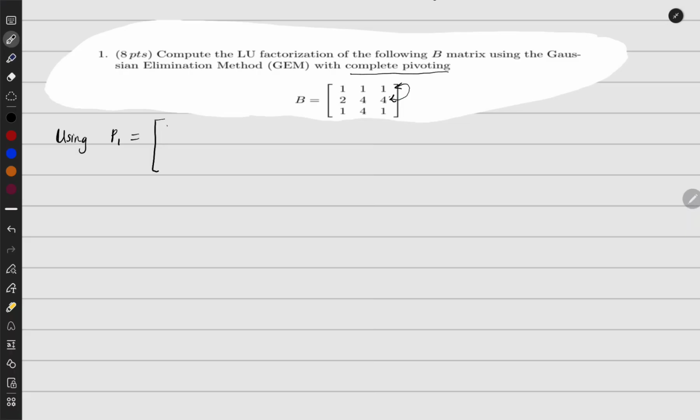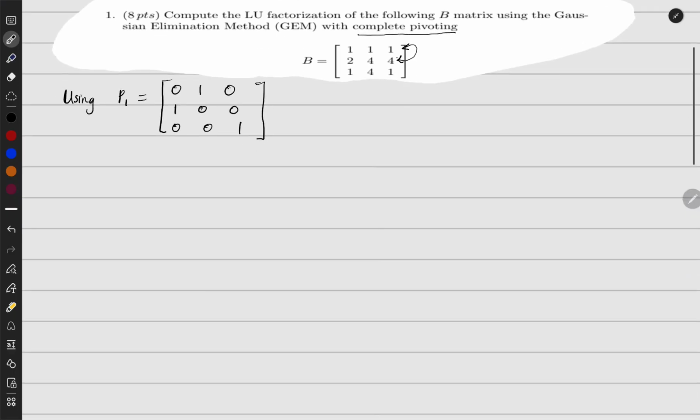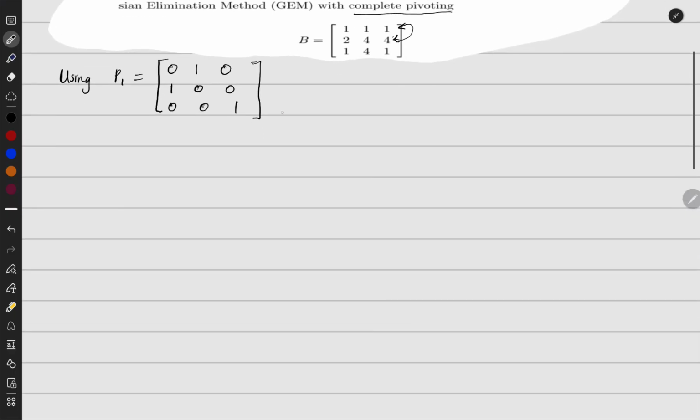So what do I do? The permutation I use: second row first, then the first row will be in the middle, then the third row I have no problem with. So that's how the permutation will look. And I can also get another permutation Q. Okay, let us first do this. When I get P and B,